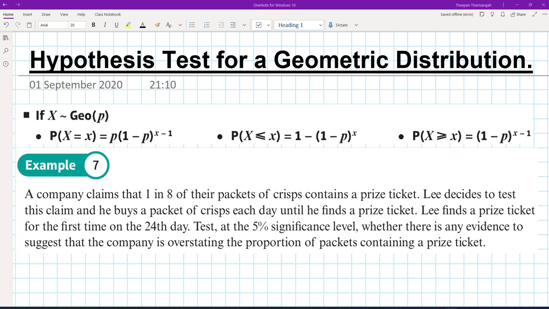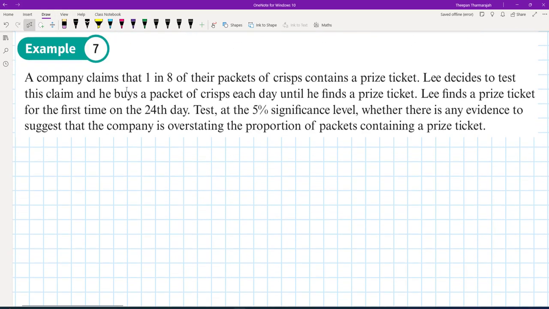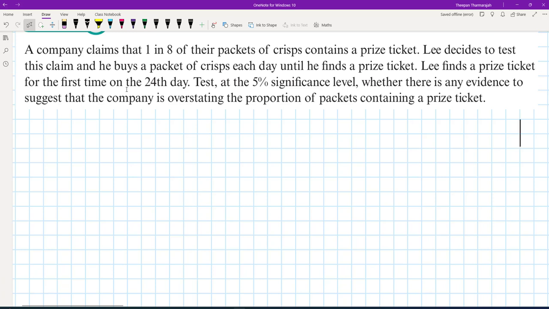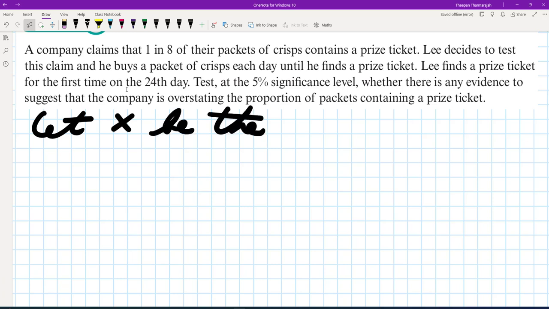Okay, so now the question states, test at the 5% level of significance whether there is any evidence to suggest that the company is overstating the proportion of packets containing the prize ticket. The first thing we ought to do is set up a random variable, and we do it the usual way, just like in regular A-level. We're going to define a random variable very clearly to the examiner. We say let X be the random variable